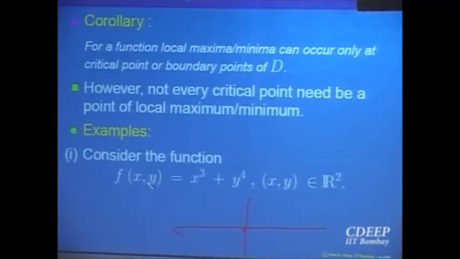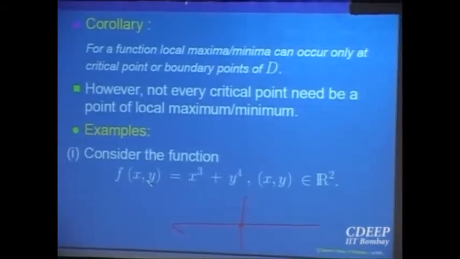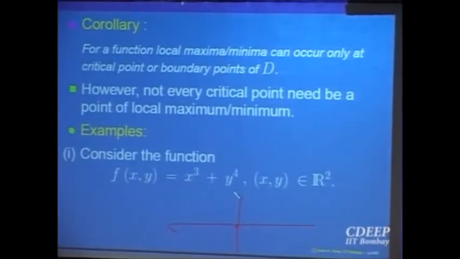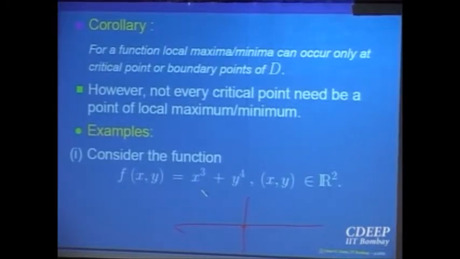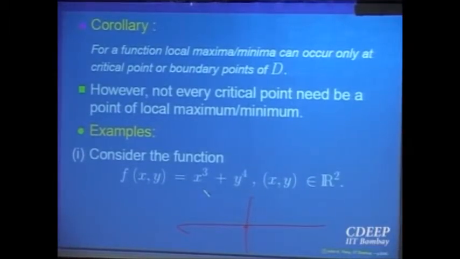So what will be the function? f(x,y) is equal to y to the power 4. So it will take positive values only. Right? But supposing I move along the x-axis and put y equal to 0, then f of x is equal to x cube. Then it takes both positive and negative values. So from where can you deduce that the point 0, 0 is a point of local maximum? From this simple analysis by looking at the function only, can you deduce that the point 0, 0 is a point of local maximum?